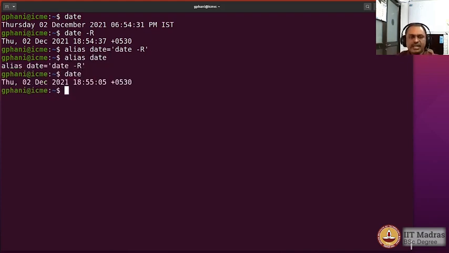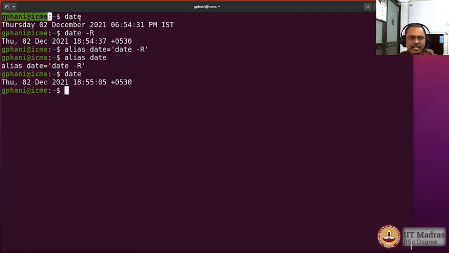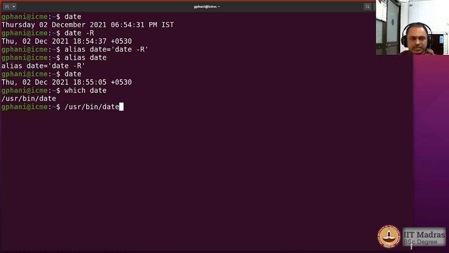And now if you type the date command, the output would be as if the option -R has been given. So you could now see the difference here, the date command output here and the date command output here. That difference is coming because the alias is now active. Okay, this date command, you could actually ask where it is, and it is in /usr/bin/date. So you could execute it directly using the absolute path. So I could type like this, and you would see that the output is without the alias, namely the default format that was defined for the date command.